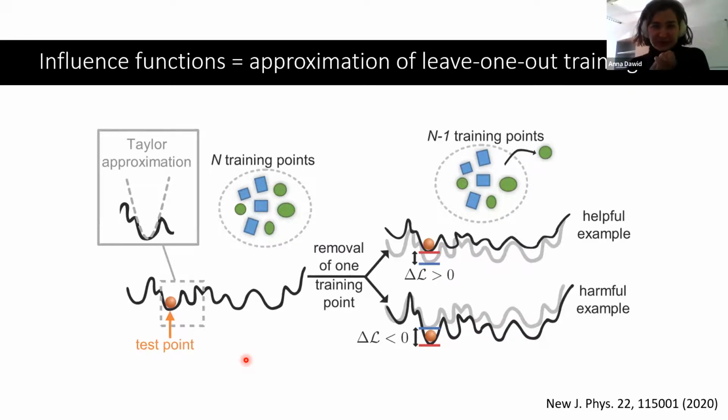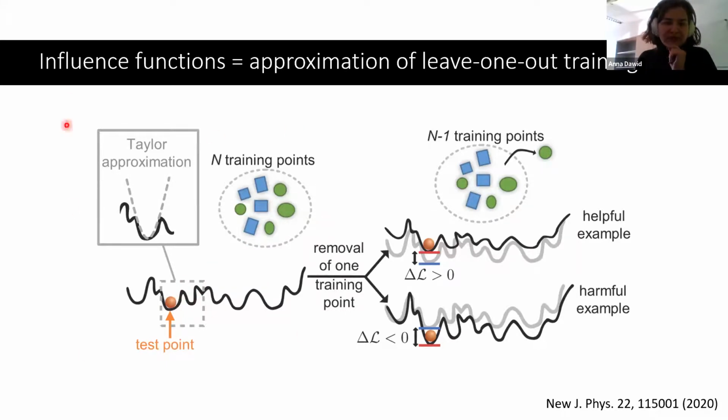So what are influence functions? Basically, it's an interpretation tool. They allow you to analyze your machine and check what it learned and how. They are an approximation of something called leave-one-out training. It's a procedure which consists in training your model on your whole data set of training points, and making a prediction on a single test point.